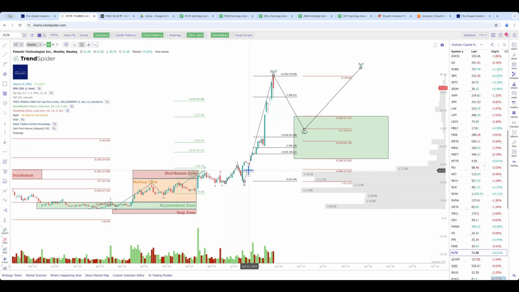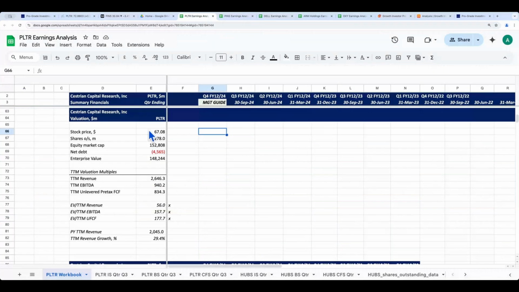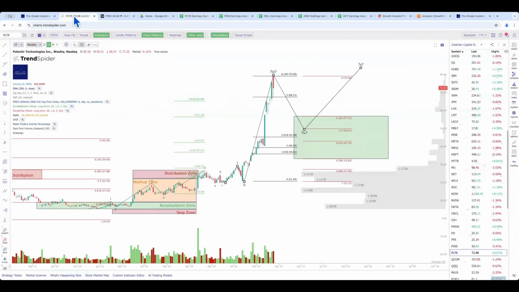So fundamentals really good. Valuation's kind of nuts, but of course it's not valued on fundamentals. It's valued on it being a story stock and a most favored nation sort of stock. So at 72 bucks, you're paying 200 times cash flows, 60 times revenue. So you would never buy this because of its valuation, but you wouldn't necessarily sell it because of its valuation either. It's not valued on fundamentals. No one's marking this as a revenue multiple and saying, is that the right revenue multiple? They're looking at the momentum the stock has and the most favored nation status that it has. That's what's driving the stock.